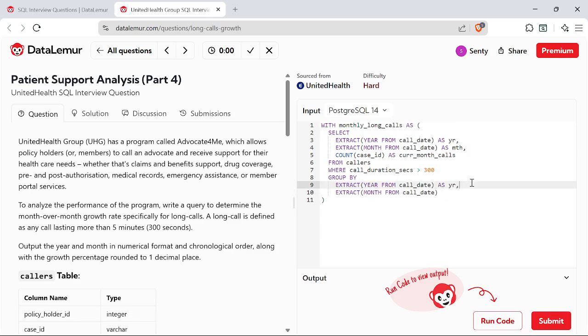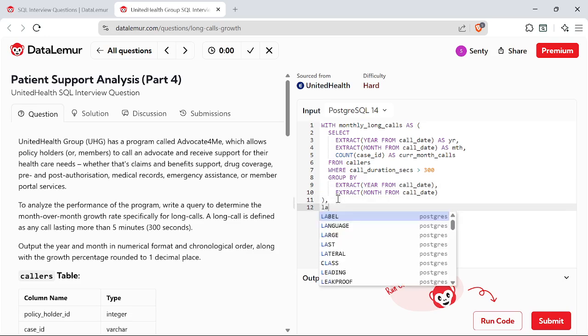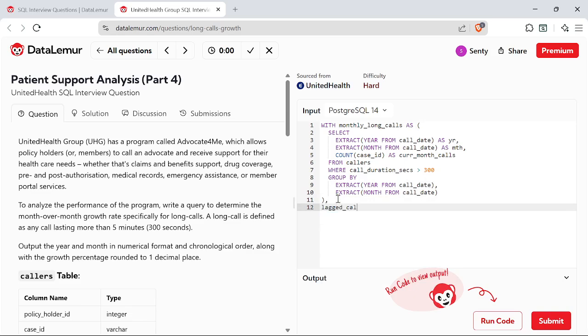Extract year from call date, month from call date, comma, lagged calls as